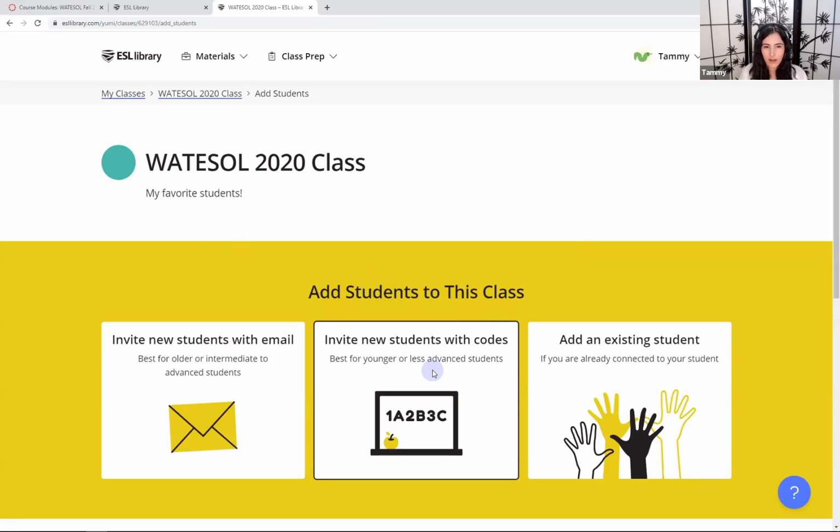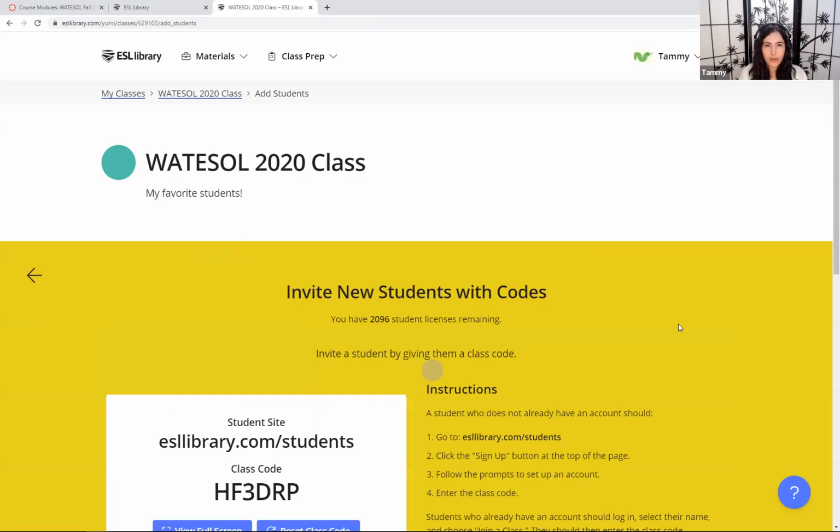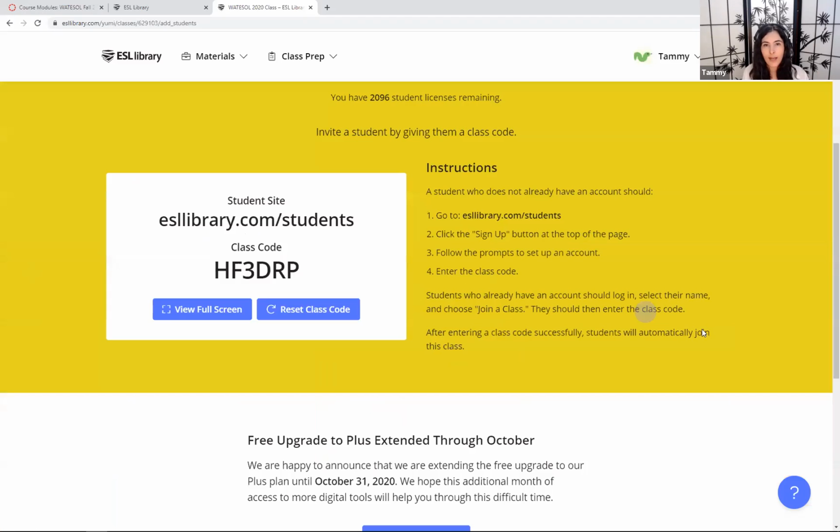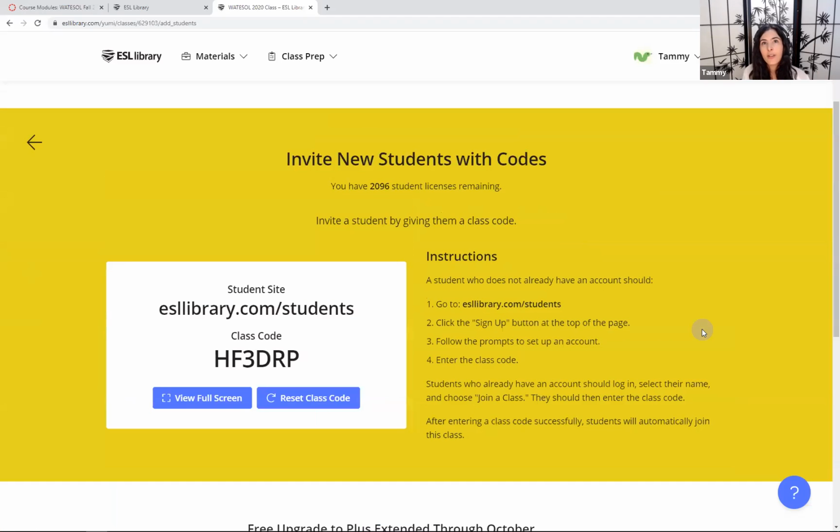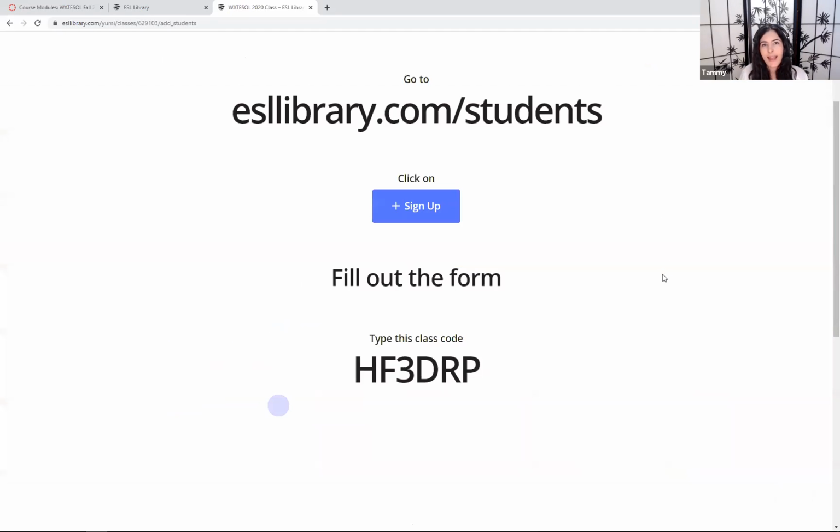So I'm going to click on invite students with a code. Each teacher account, by the way, comes with 100 student licenses. So you can have up to 100 students connected to your class. And as I mentioned before, it's free for your students to be part of your class. All right, so if I'm teaching online live, I probably want to go ahead and click to view full screen. And I would then talk my students through how they can register. So I'm going to have them go to